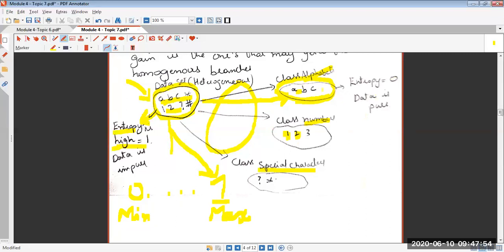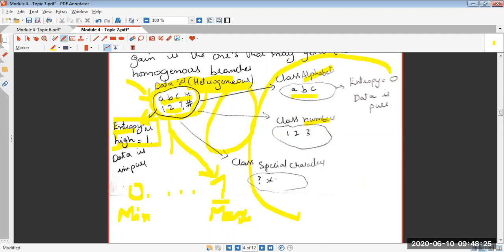Now, what is the entropy of data that is there in the class? You should tell me. Okay. Just now we discussed what is the entropy of a data that is there in a data set. This was discussed. Okay. We saw what is the entropy of a data that is there in a data set. We understood the data set will have heterogeneous data, that is entropy is very high. Now, we will come to the other part. What is the entropy of the data that is there inside a class?